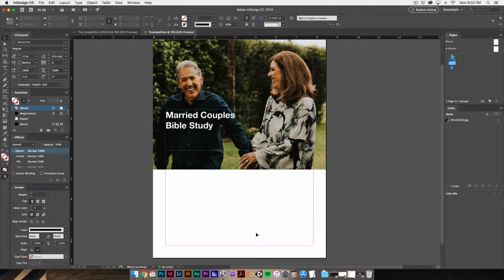Hey guys, welcome back to part 2 on how to create a basic flyer. So we've got our text, we've got our image, we know how to do that. Let's keep going. Alright, so to create another text box, instead of just hitting the type tool and then selecting,